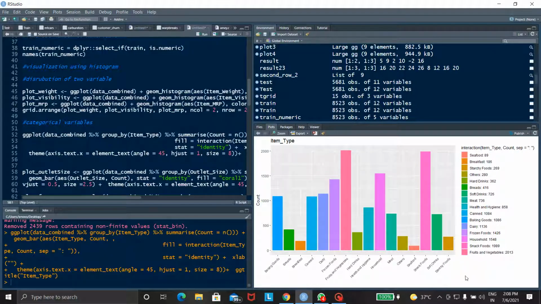Here are many items like baking goods, breads, breakfast, canned, dairy, frozen food, fruits and vegetables, hard drinks, etc. And the different colors mention the different types of food.